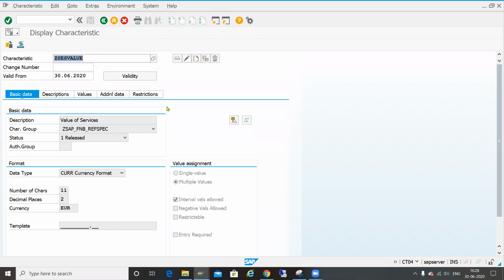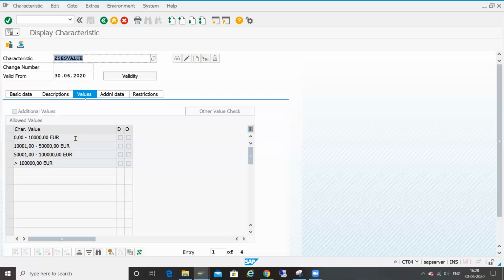Approval process for the service procurement. Whenever you create a service entry sheet, it has to go for some approval process. This is the business requirement. So decide first in which criteria you want to set the release procedure or release strategy for the service entry sheet. The criteria here I selected is the values.